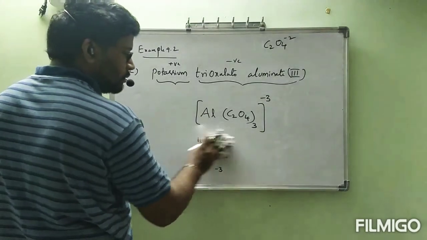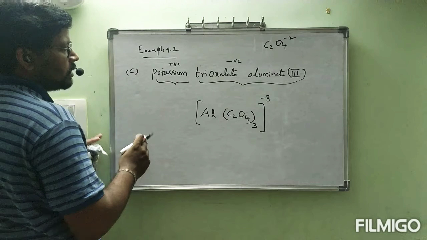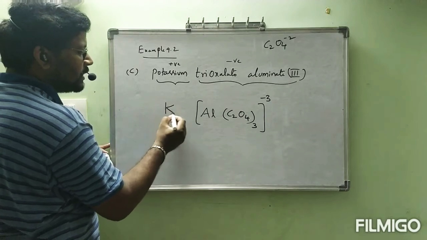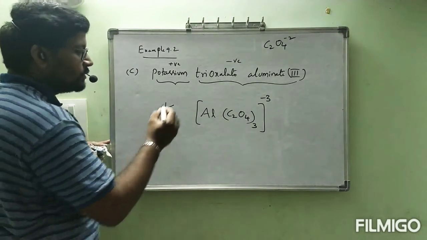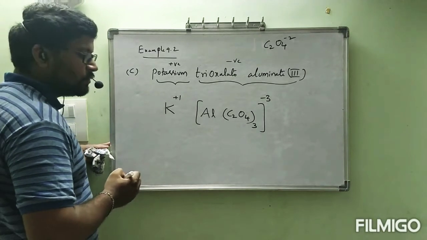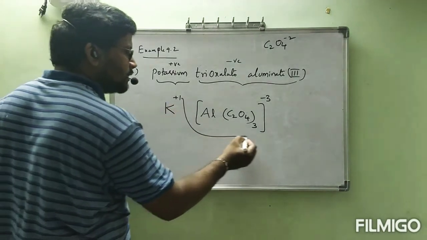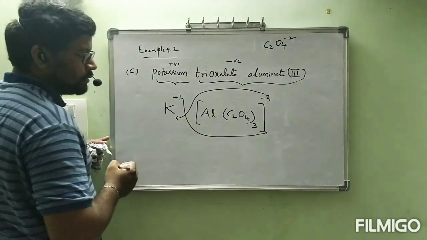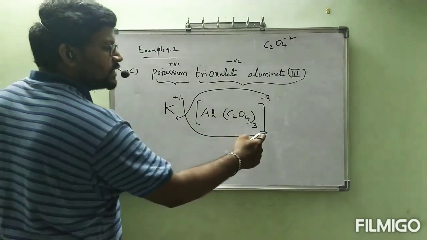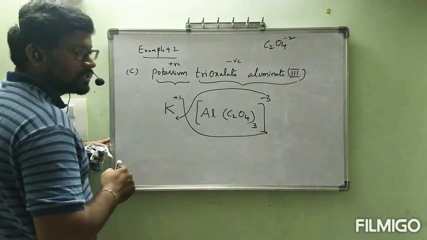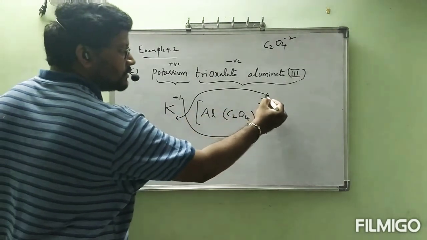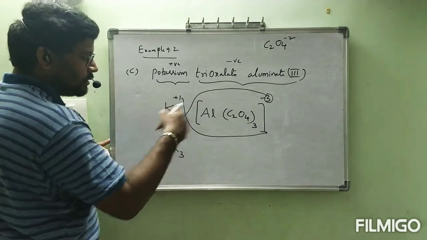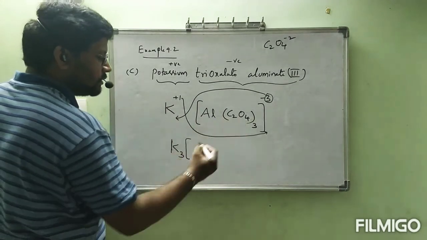Shall I write this one? Next. Outside, what is the ion present? Counter ion. Potassium. I am going to write K. What is the charge present on potassium? Plus 1. Now, same thing follow. This 1 I have to write here and 3 I have to write here. This is subscript of potassium. This is subscript of total complex. Now 3, only 3 we have to write now. K3. K3, square bracket. This is one only, na?